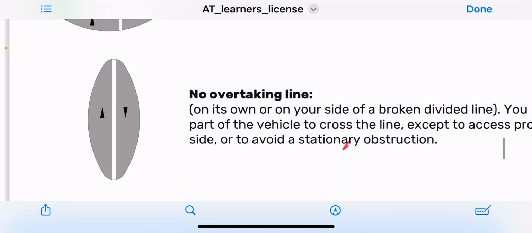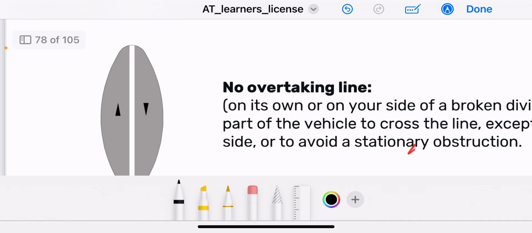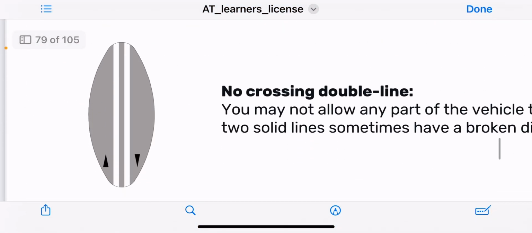So if it happens that the road is marked like this because I am going to my home, then you can cross this line, but otherwise you are not allowed to do that. And then you have this line,